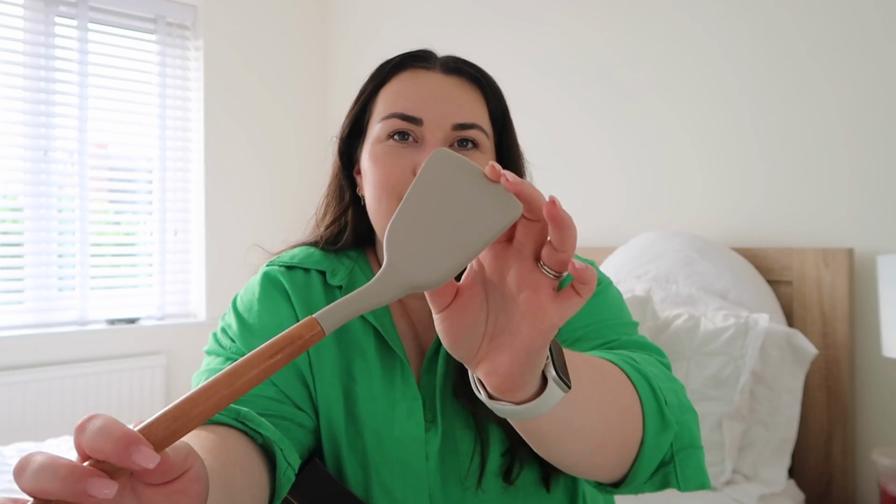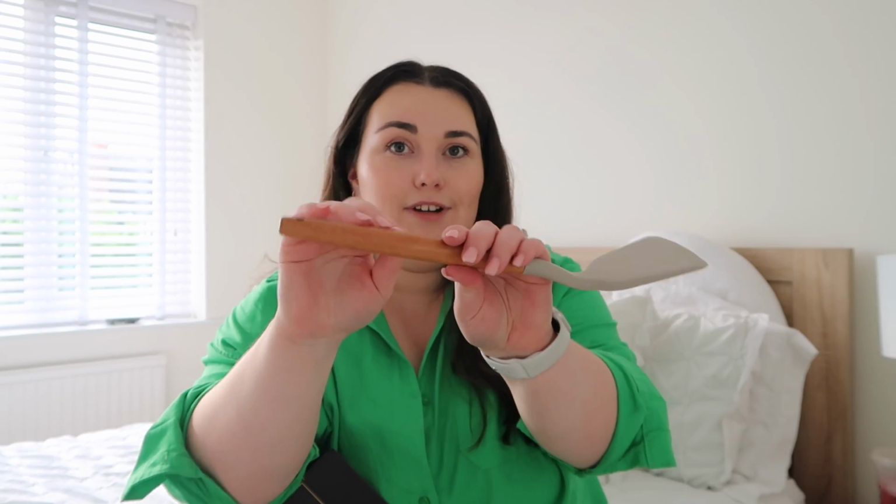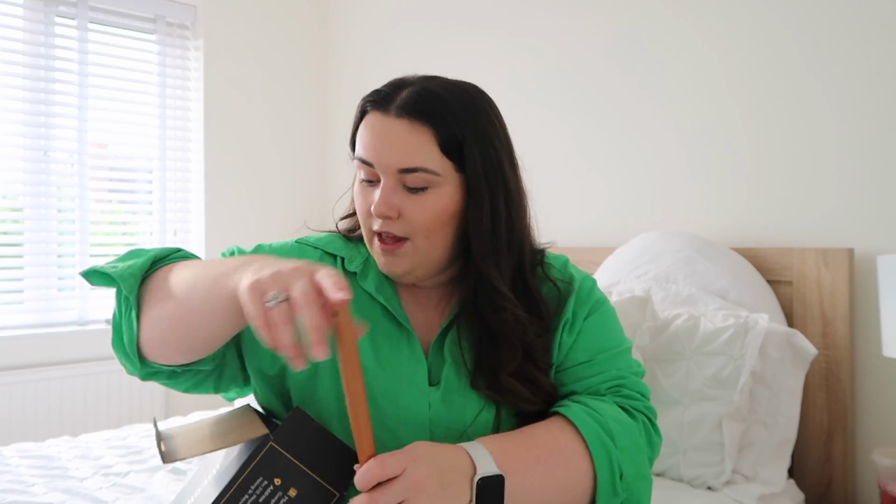It looks a lot darker on this camera than it does in real life, but it is very, I don't know how to explain the colour. It isn't the kind of colour I would say is khaki, but you make that choice. I really like them. The handles are really good quality as well. The set actually does